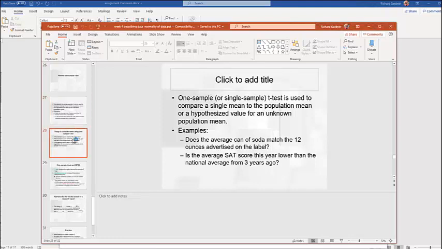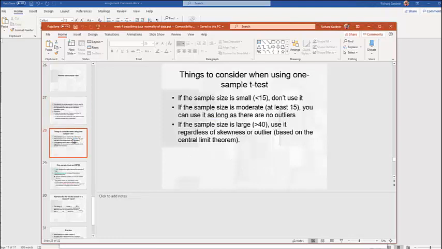But a one sample t-test, it's pretty basic. What you're comparing is you're comparing a sample to a stated population mean. And a stated population mean is what we call a norm or a claim, and it usually comes from an authority type of thing. Example,